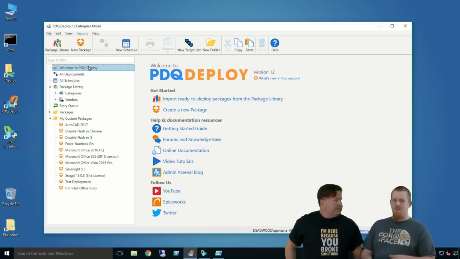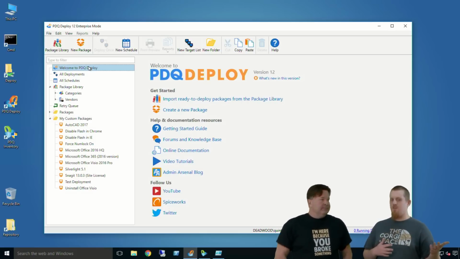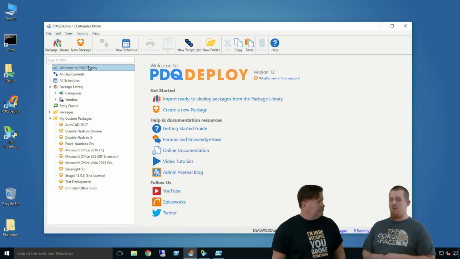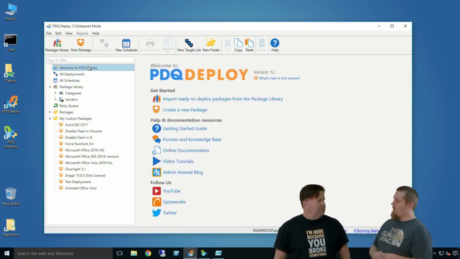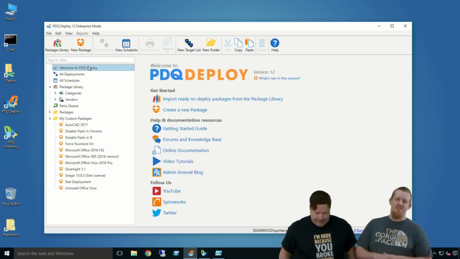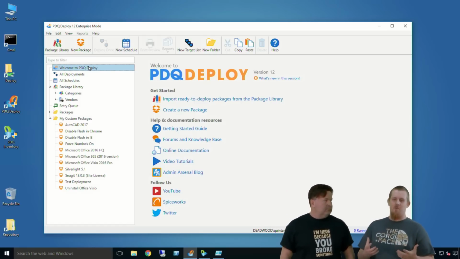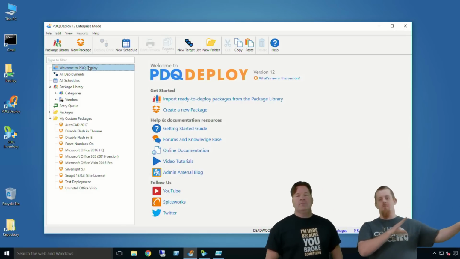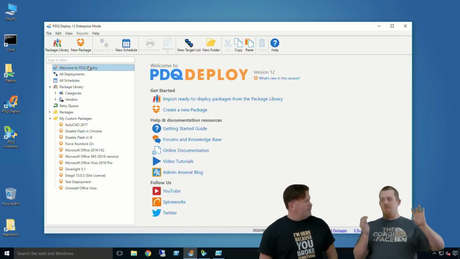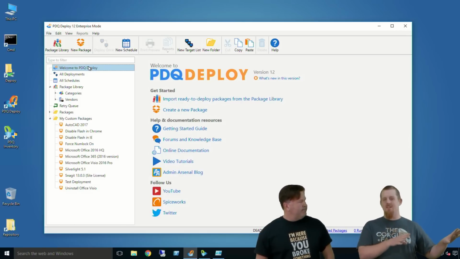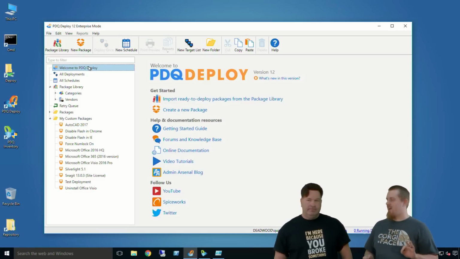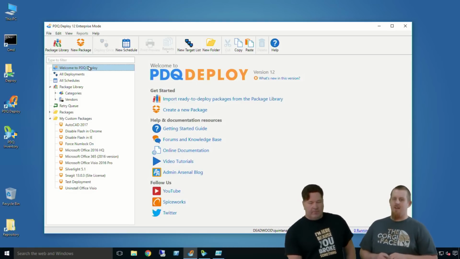It really boils down to, can you open the console or can you not? Do you have permission or do you not? This is important if you're using PowerShell, or the command line to deploy stuff remotely. If you want to say, hey, PDQ Deploy or PDQ Inventory, run this command, the credential that's requesting that needs to actually have a console user entry so that it can run any of the commands from the command line.